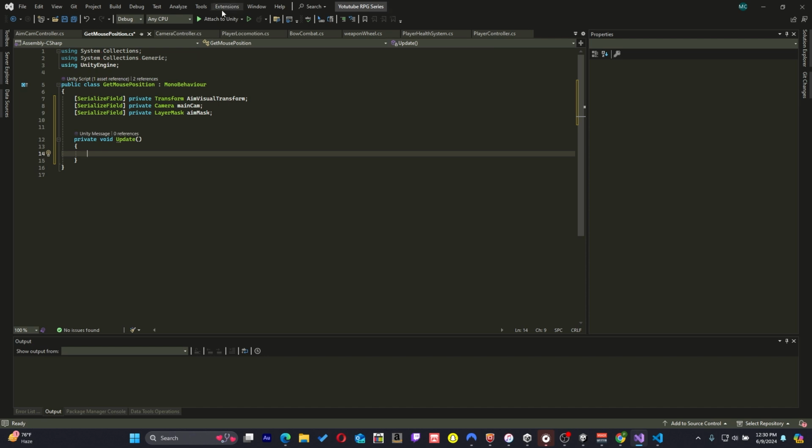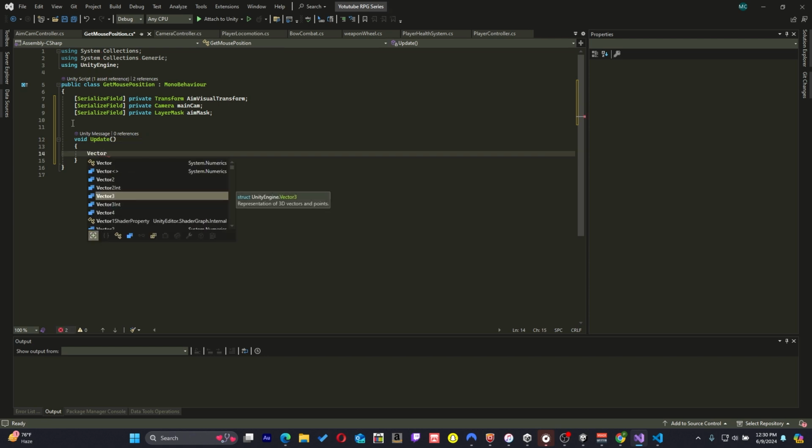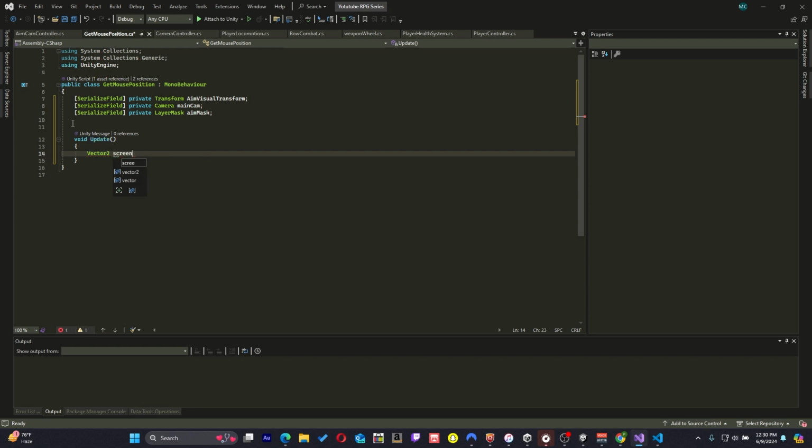Let's just leave the void Update, leave it private, and then we're going to say Vector2 screen center, Vector2 center of screen